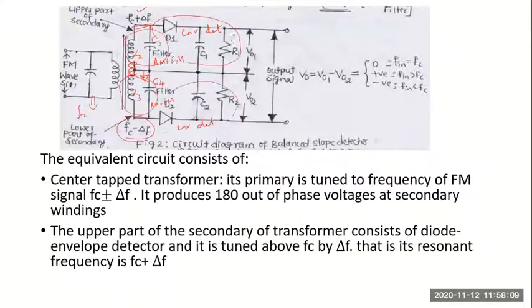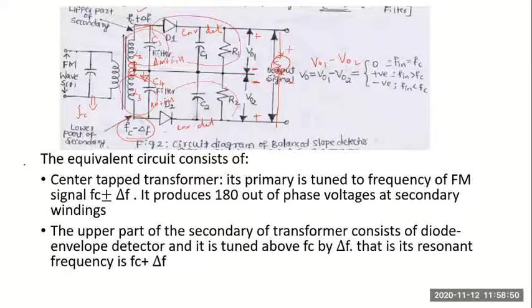If the output generated after the upper half is called V01, that at the lower half is V02. For the final output signal, if you remember, we used a summing with signs like this. So the signal here will be subtracted, the signal this will be added. So the final output signal will always be V01 minus V02. V01 is in this direction, V02 is in the opposite direction. So we are going to get the difference of these two signals.